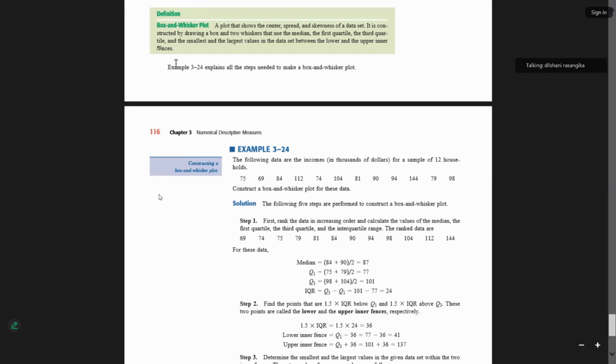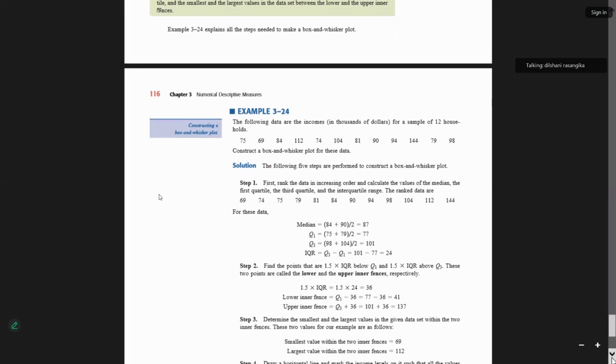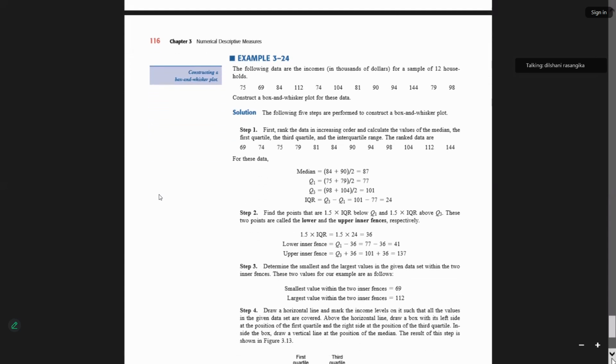Okay. Then look at this. The first thing you need to do is study the raw data set, right? And if it is in a manageable size, then you can